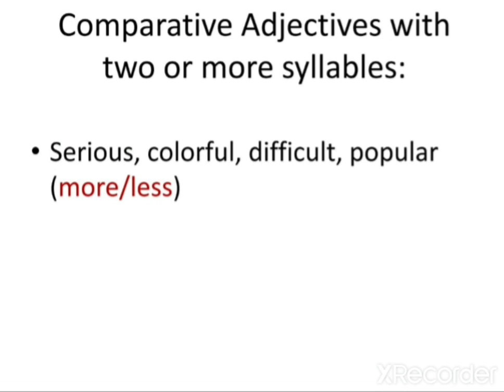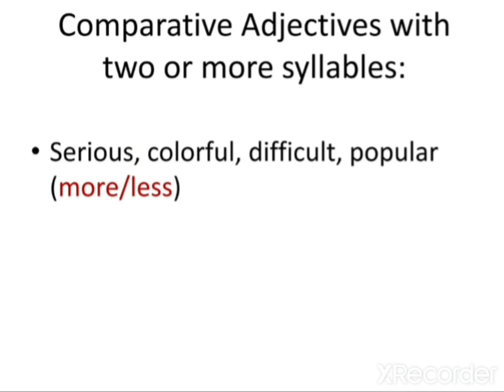One exception that many students find very challenging is that sometimes adjectives that are two syllables have the ER ending and sometimes use more. So this can get really confusing for students. For example, friendly. It has two syllables, but we would say friendlier. We add ER in that case.